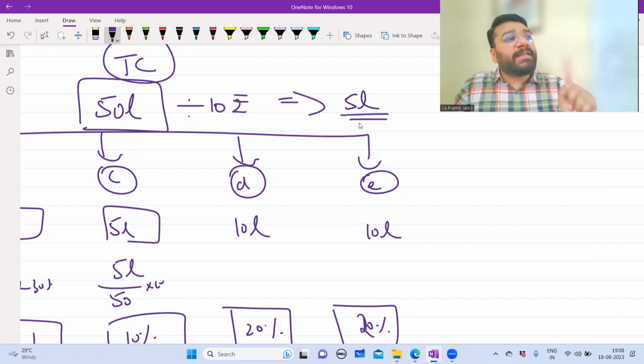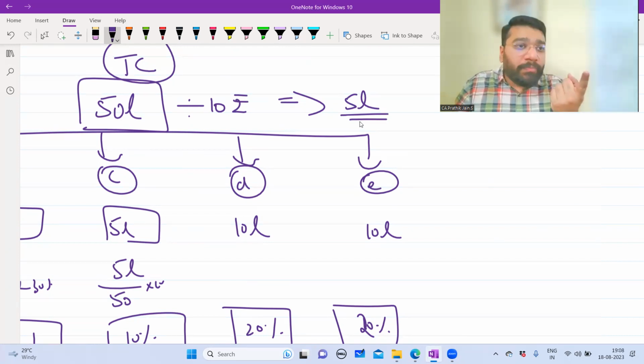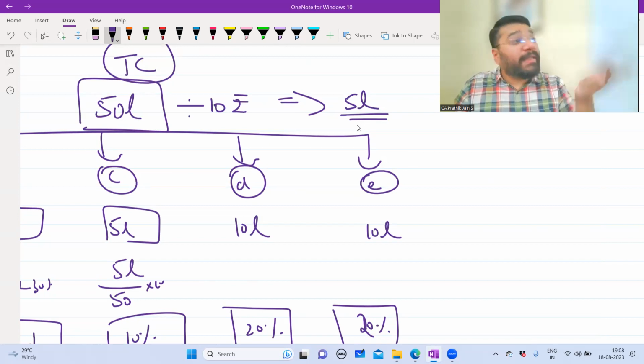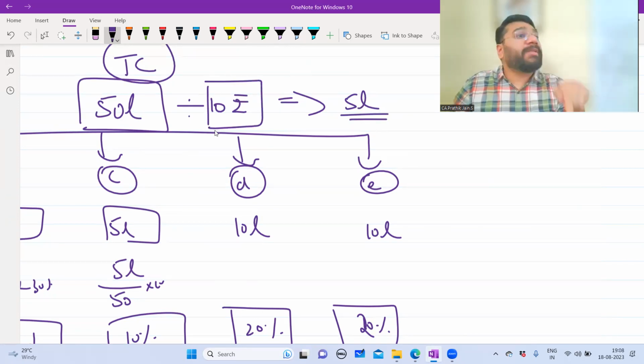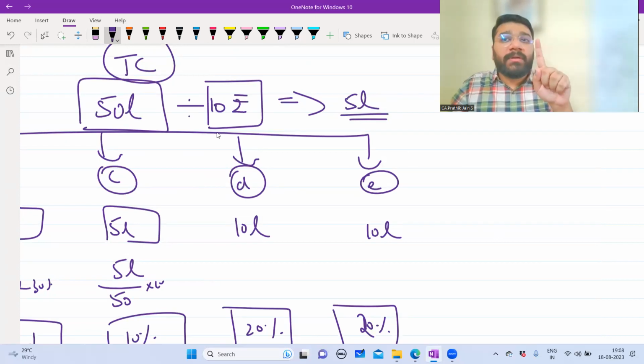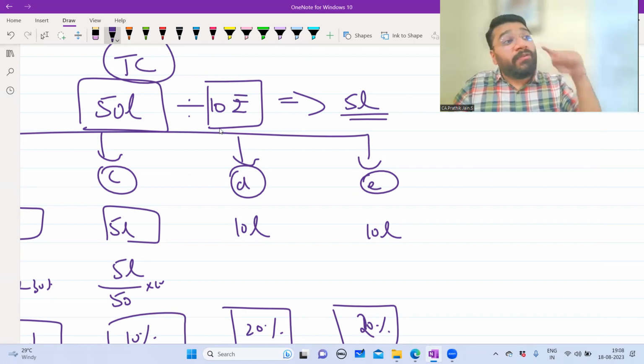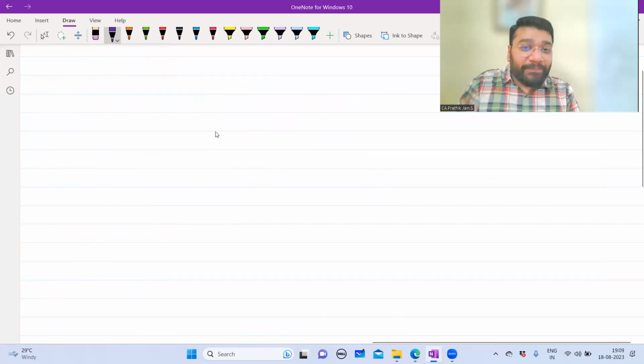Sir, is it necessary that the share value should be only 10 rupees? It can be 1 rupee, 10 rupees, 50 rupees, 100 rupees. So who decides this 10 rupees? It is the company who decides. So instead of making it 10 rupees, can I make it 1 rupee? Yes. So in that case, it becomes 50 lakh shares.